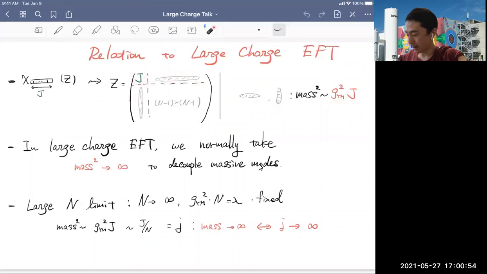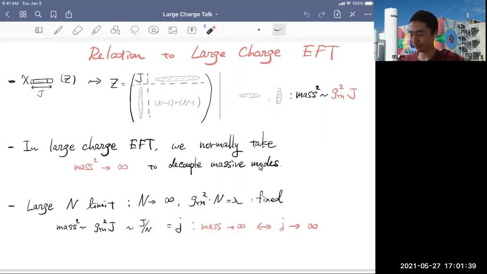And in the large charge limit, we normally take a decoupling limit in which these massive modes decouple. So we want to take this combination to be very large. But if you combine this with the usual 't Hooft limit, then the limit in which this becomes large is basically the same as the limit in which this ratio becomes large. So this is consistent with what I just said in the previous slide from the holographic point of view. In this limit, you get something like a large charge limit, and that is going to be given by